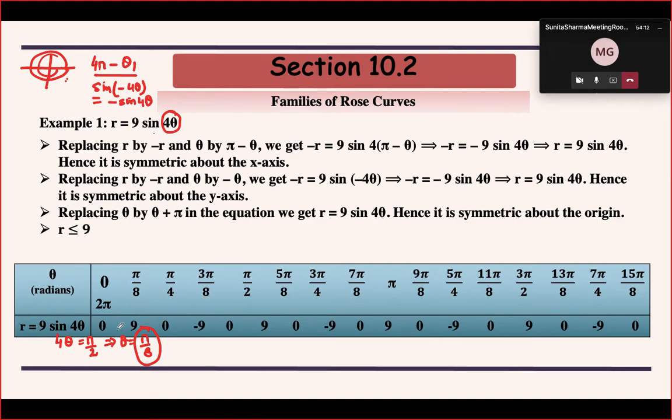If you are using plotting points, you can ideally take the gap to be this, because some change in the behavior is occurring at every pi by 8. That is what they suggest. But it's completely your choice. If you want to take fewer points, 7 to 8 points as I suggested, you can do that, and you can accordingly